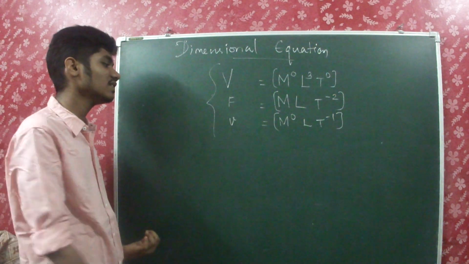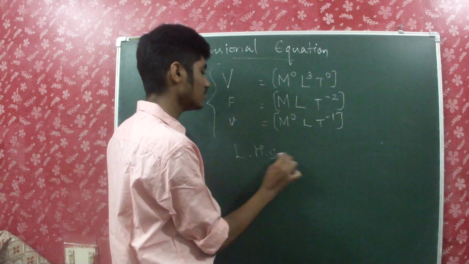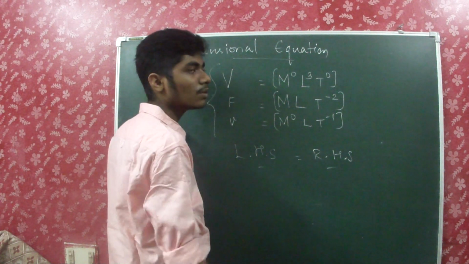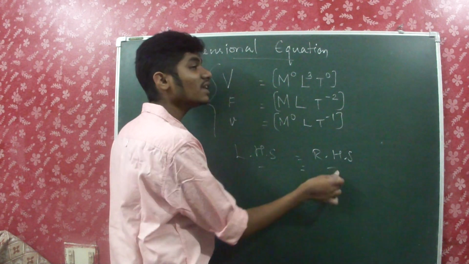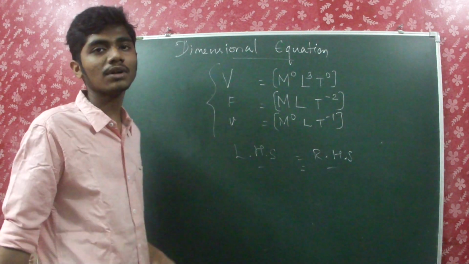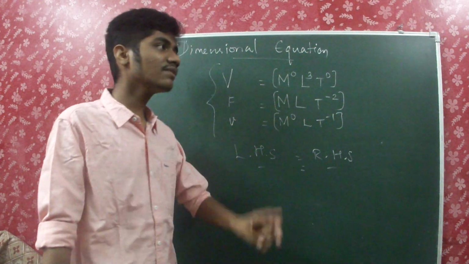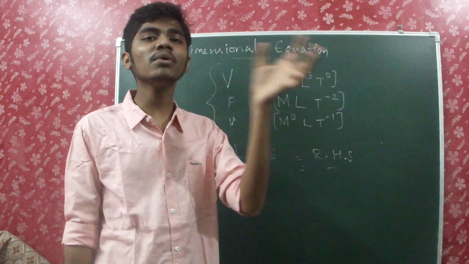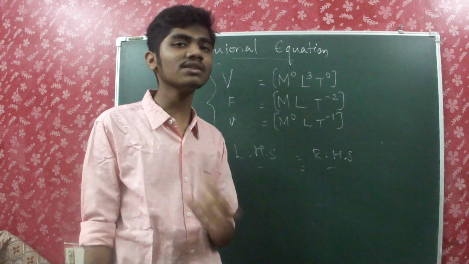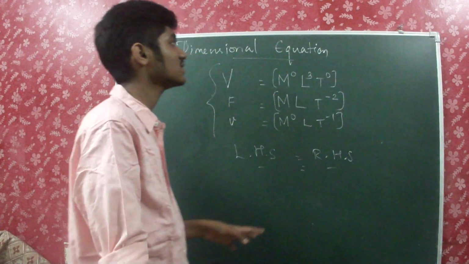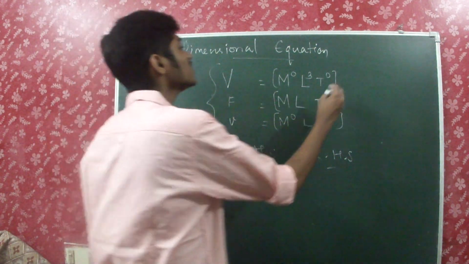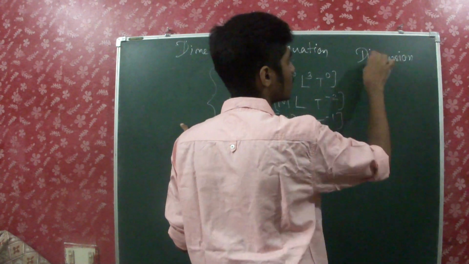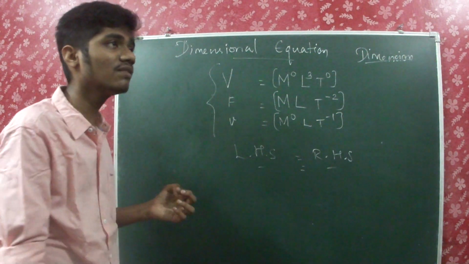But you must always see that whenever you write things on LHS, it must always be equal to RHS. For example, if you are equating two physical quantities with an equal to sign, both of their dimensions must definitely be equal, or else you are not allowed to do that. That's a universal fact. And why are dimensional formula and dimensions very important? A question like this may arise in your mind.